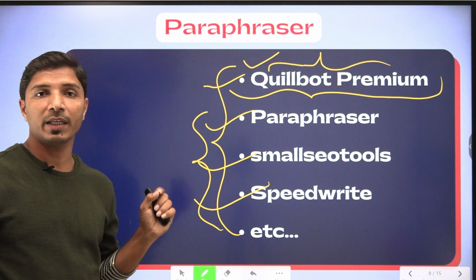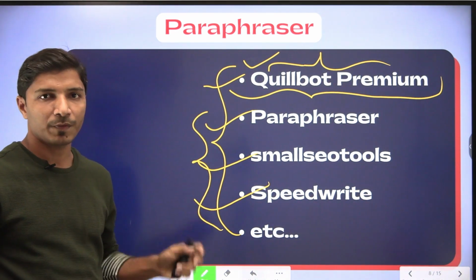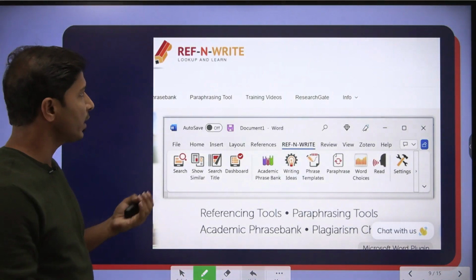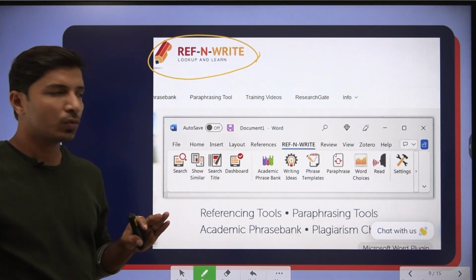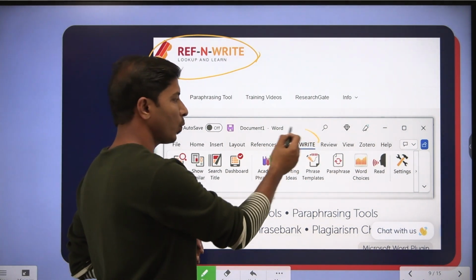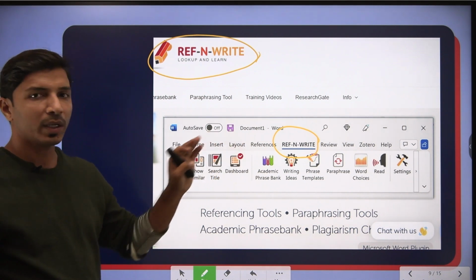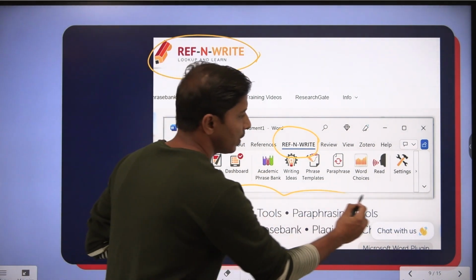So under this research writing, we have now discussed 3 points: plagiarism, grammar, and the third point is paraphraser. When you talk about academic writing, you might have heard of this Refer and Write tool. Okay, I have used this tool, and these are the options you will have there. You can add this in Microsoft Word, similar to Grammarly Premium and the Quillbot tab. This also you can add in a drop down menu, and there are several options available.